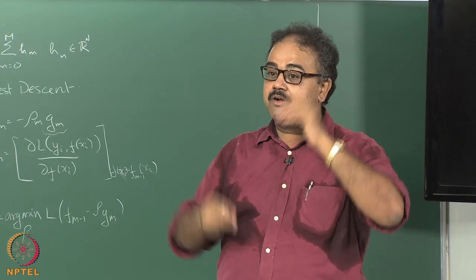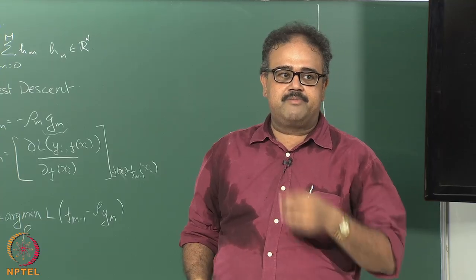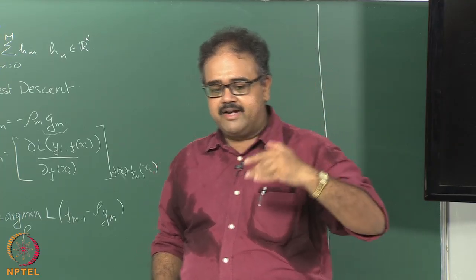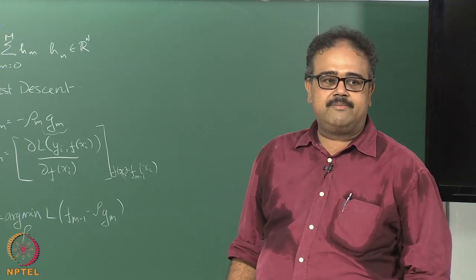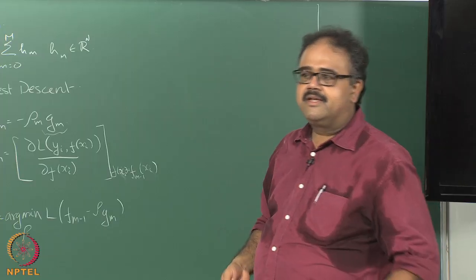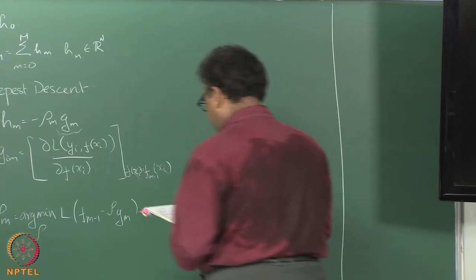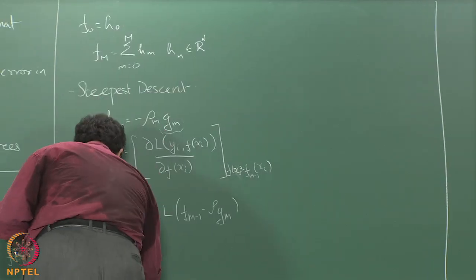We first found out which way we have to change it, and then we found out what the step size should be, and the way we did it was, I already have a classifier till the m minus 1 stage, what should I do at the mth stage so as to minimize the error. So, this is exactly what we did. The idea behind each of the steps is the same, the mechanics might have been slightly different. So, once I get this, then I do